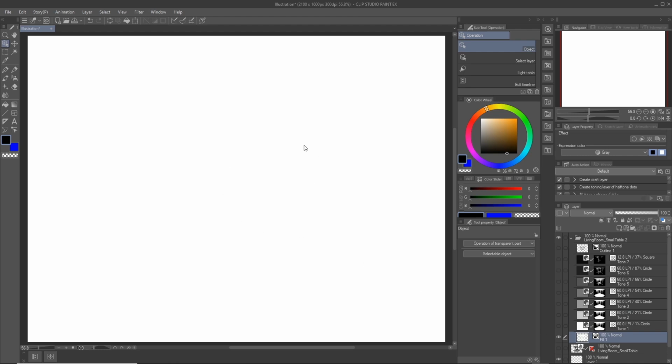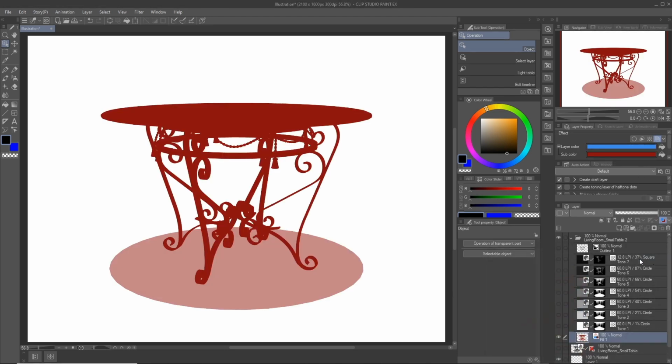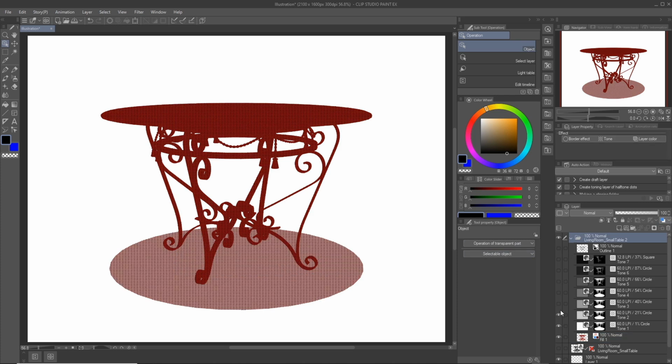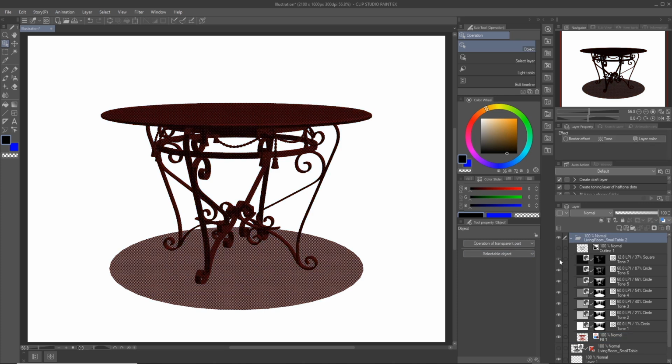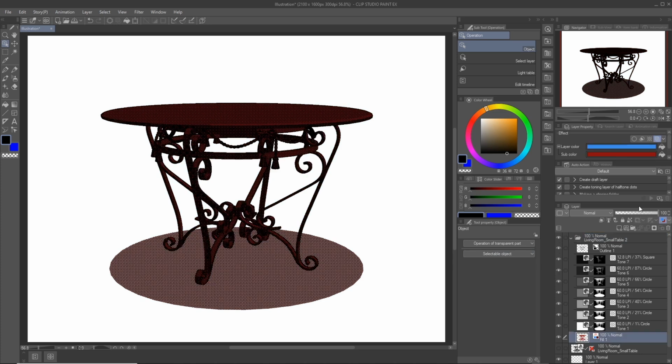And right now we can't see it because the fill layer is white and the background is white. If I change this fill layer to be a color, you'll see how the fill layer is just a complete silhouette of the 3D object. And this is really useful to use as a mask and as a base for painting. So when we put everything back together, it looks something like that.